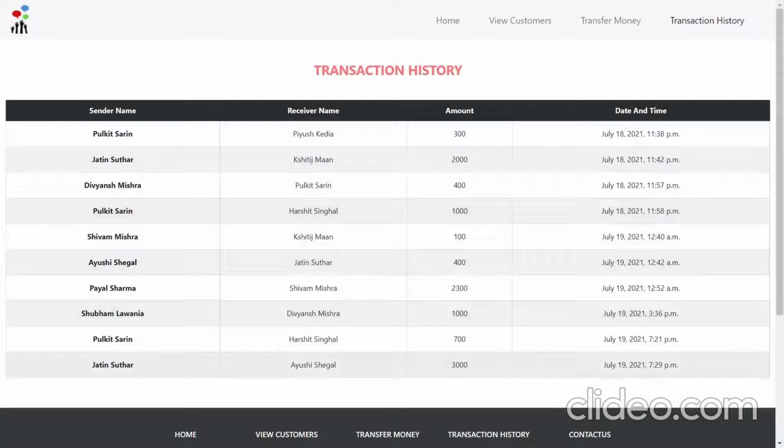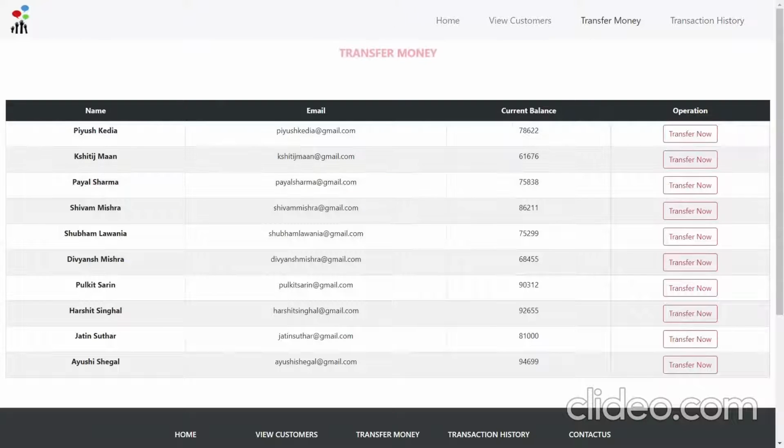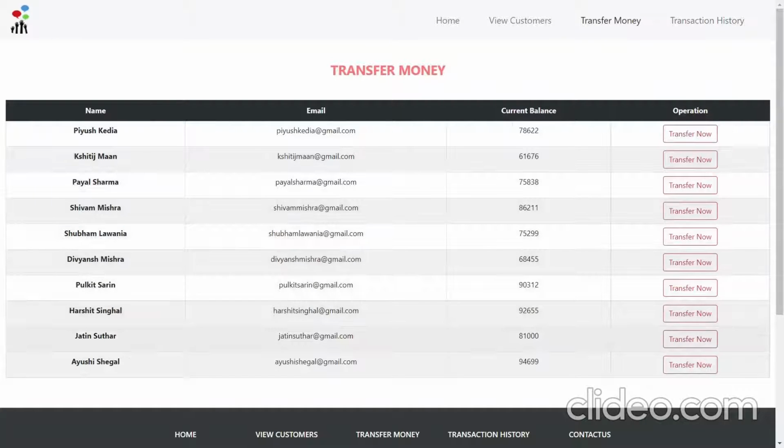Hey guys, as you see, Jatin transferred Ayushi money, 3,000 rupees at 7:29 p.m. on 19 July. So as you see, the money is transferred. Let's see if the money is deducted or not. As I said, Jatin's account had 84,000, then 81,000. So money is deducted, and Ayushi had an increment of 3,000 rupees.